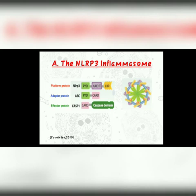The caspase 1 can be recognized as the effector protein, and the ASC is the adapter protein, while the NLRP3, with its PYD, CARD, or NACHT domain present at the core of it, is the platform protein. Actually, the NLRP3 is activated upon exposure to either PAMPs or DAMPs, but also it can be recognized and activated